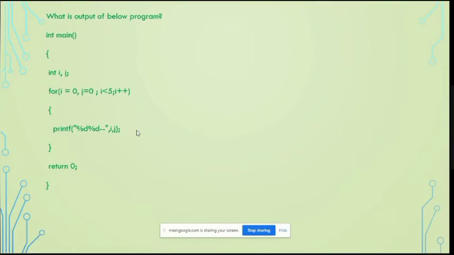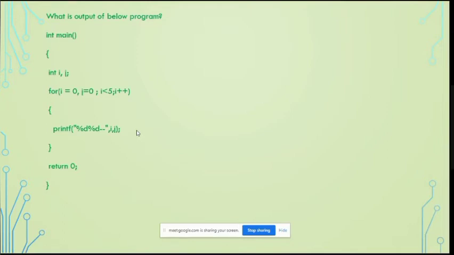So the first time, the values to be multiplied will be i and j, where i is 0 and j is 1. The second time I will be incrementing i and incrementing j also. So what will be the value of i? It will be 1, j will become 2. So in the next multiplication, what will be the values? 1 and 2. Again, i will be incremented, j will be incremented. So it will be 2 and 3. We will be multiplying the next two consecutive numbers, that is 2 and 3. So I can make a for loop able to multiply or add two consecutive values by using two variables. So in this case, I need to initialize two variables.